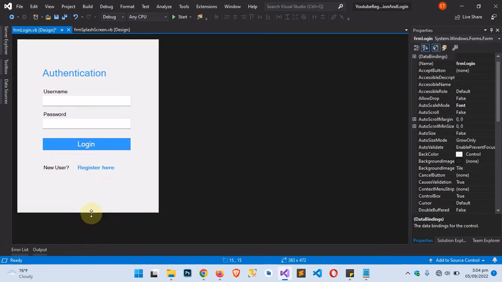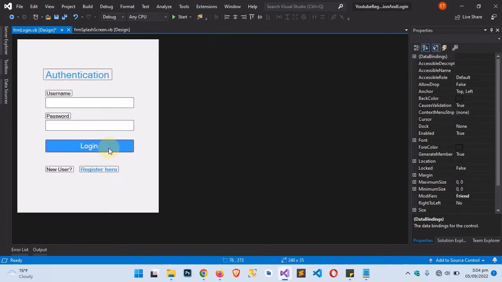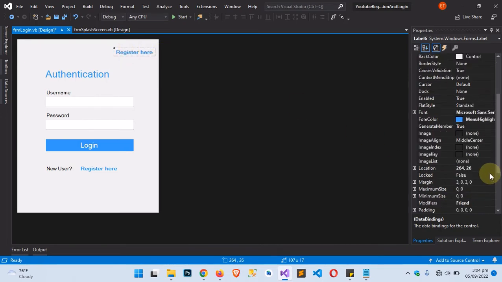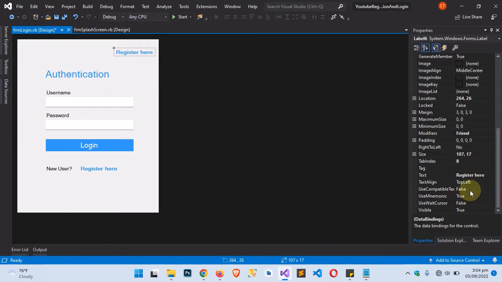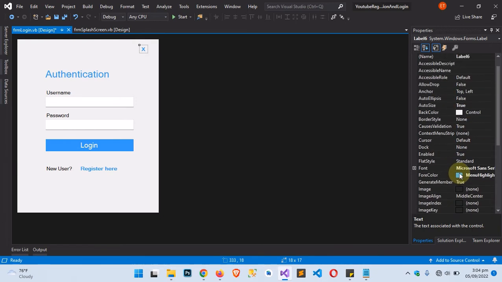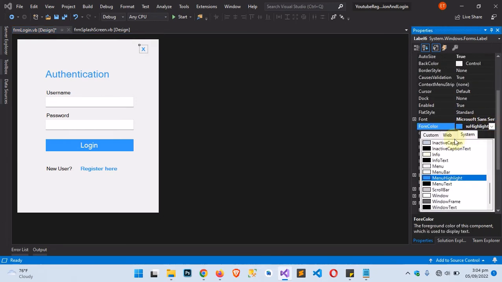Let me bring this here. Okay, now let me copy this label here and then paste it at the top here. Now let's change it to letter X. Okay, this one we'll be using to close our form because we have removed the default one that is available. So let me change this to perhaps red, just to indicate that